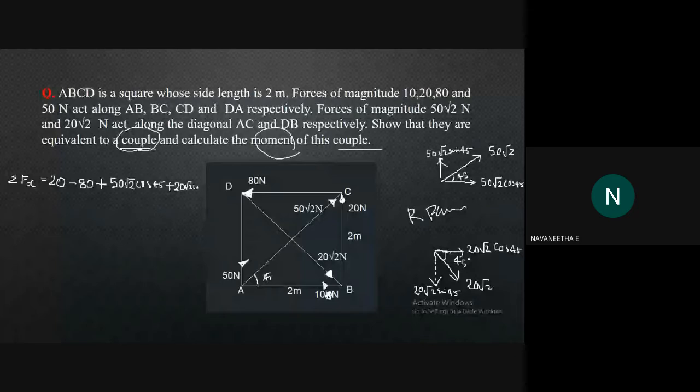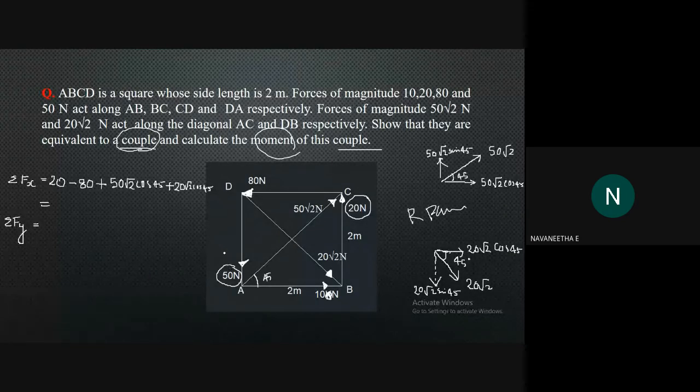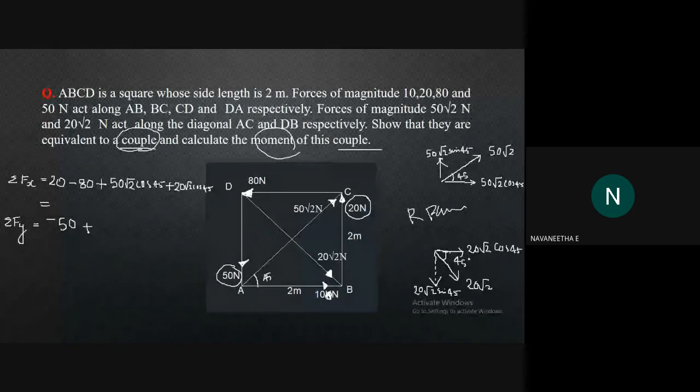So find out the entire value of sigma fx. Then here I am considering sigma fy. Which are the forces in the y direction? Here 50 Newton and 20 Newton are the forces acting on the y axis. What about the sign of 50 Newton? Positive or negative? 50 Newton is negative, right. So it is negative 50, then 20 plus, it is acting upward, so it is 20.